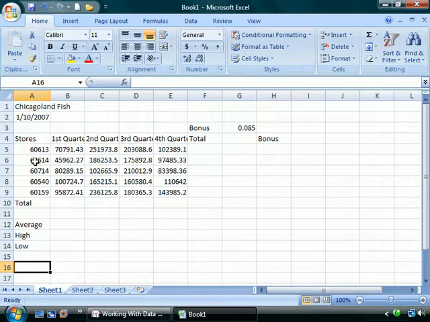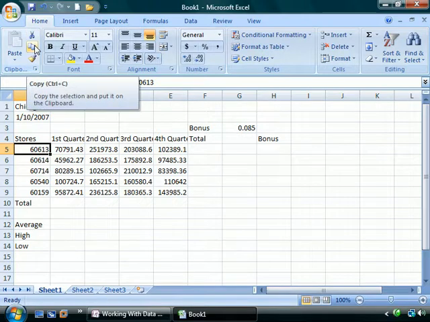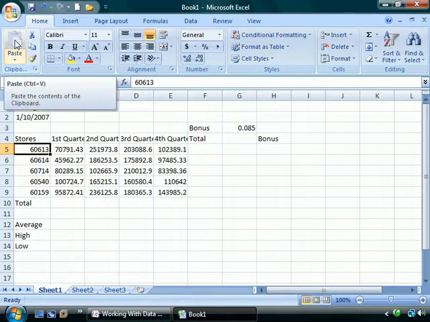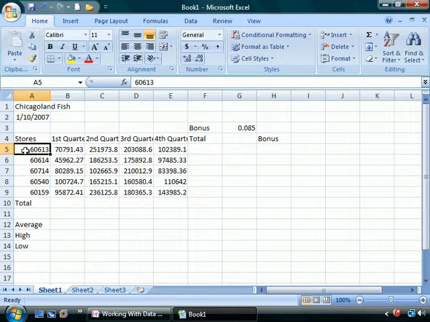What I'm simply going to do is copy it. So I'll select that cell, A5, and I'm going to go up here to my first group on my ribbon. You'll see this little pair of scissors, that is cut. The little 2 pages there, that's a copy. And I have the clipboard here, and that's paste. So what I'm going to do is copy this data. Simply by selecting that cell, click on the copy symbol,